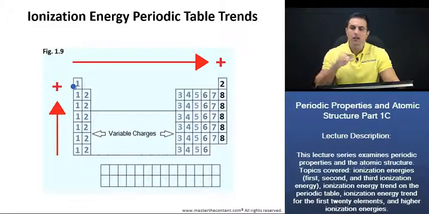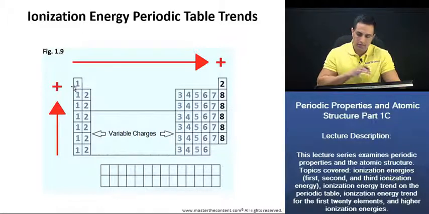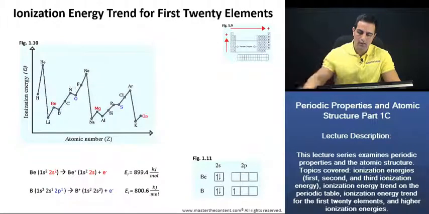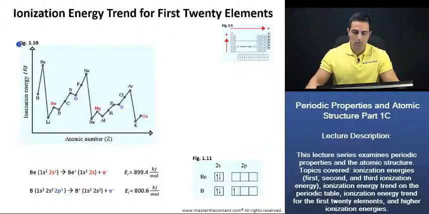Okay, great. Let's delve a little bit deeper now and take a look at figure 1.10. Excuse me, for a second, let's come back up here. So on the previous slide, we had just stated that the ionization energy increases to the right going across a row. One irregularity in that trend, we can actually see